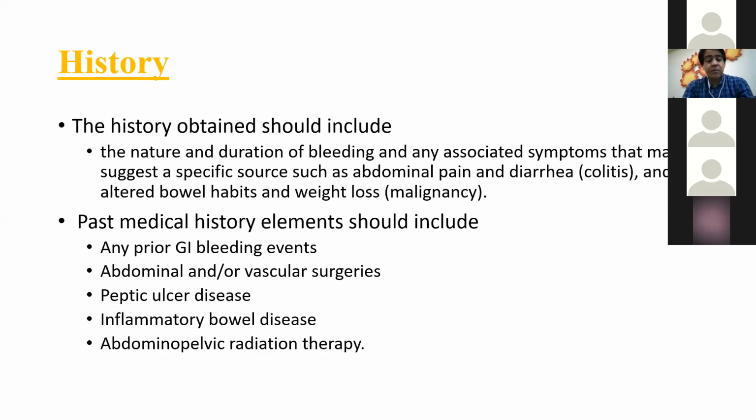You may ask about the abdominal and the vascular surgeries. You may ask about peptic ulcer disease, because sometimes a large peptic ulcer may have profuse bleeding that may not cause hematemesis but may cause fresh lower GI bleed. You may ask about previous treatment or previous history of inflammatory bowel disease. You may ask about previous radiation therapy, abdominal pelvic radiation therapy for prostate malignancy in case of the male,